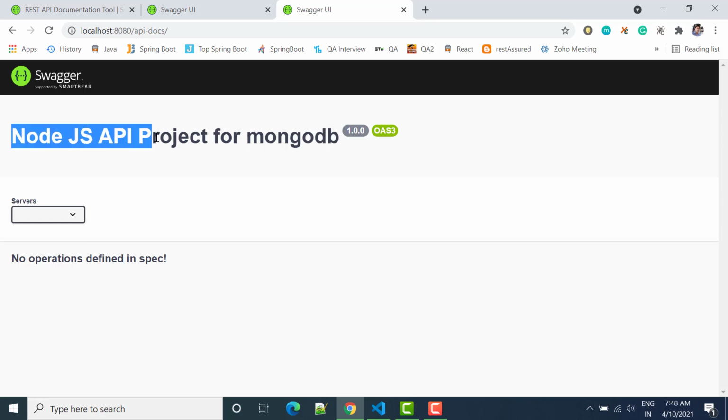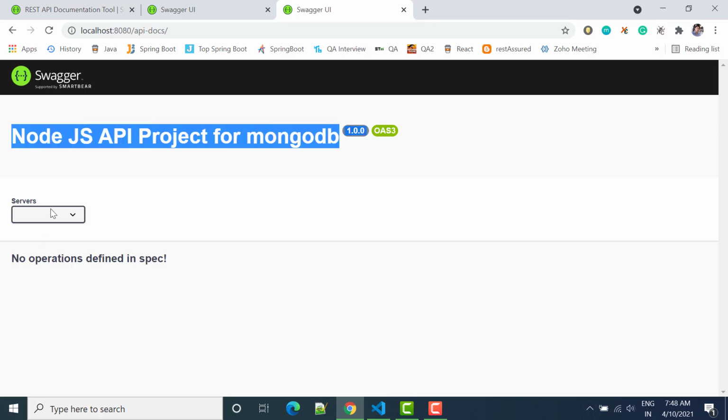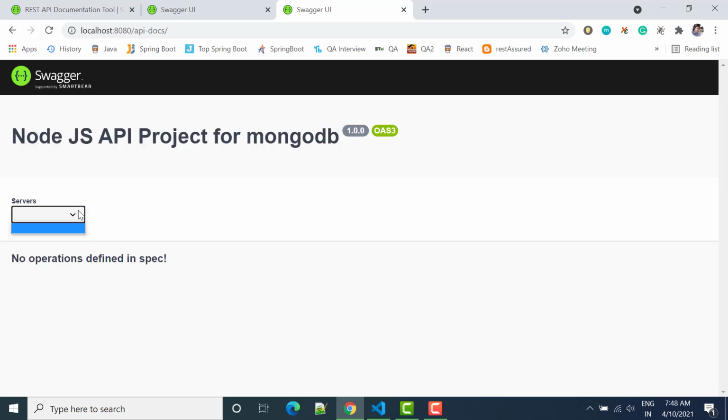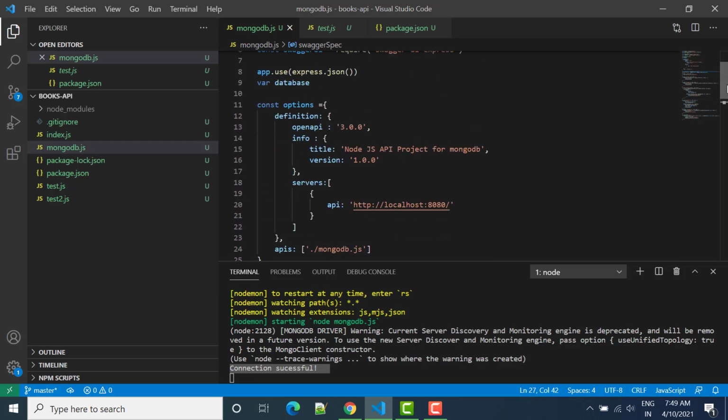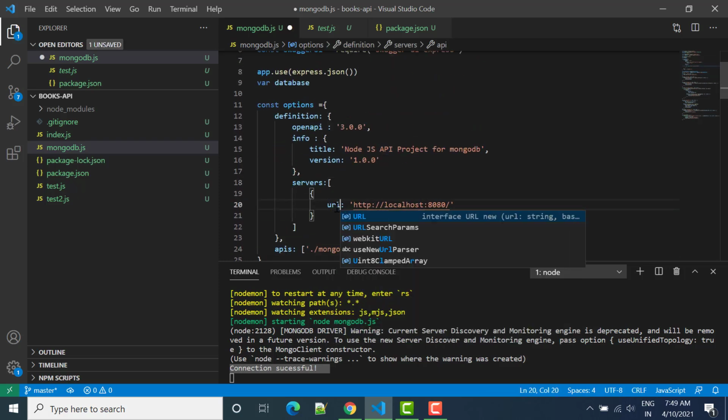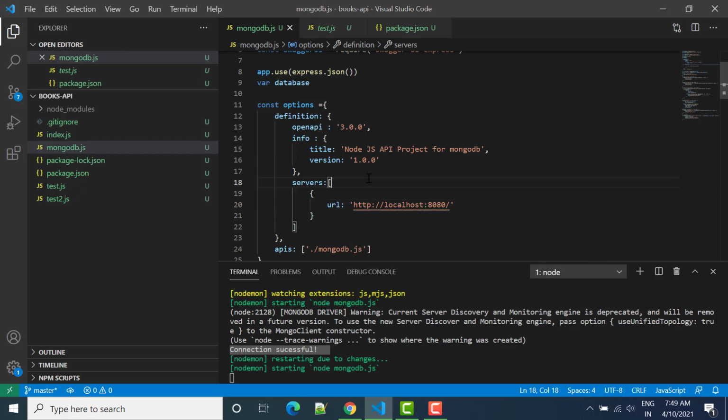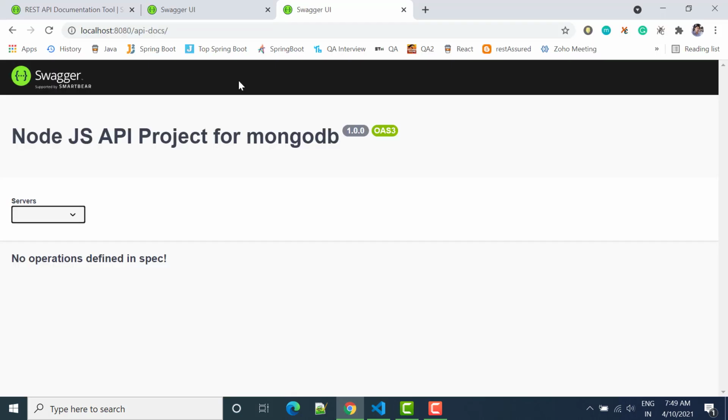You can see here we are getting Node.js API project, but the server is not showing here. So for that we have to check this server, and here instead of api we have to write url. Let's try with this, save it, and refresh. Perfect. Now we can see the URL is showing localhost 8080.